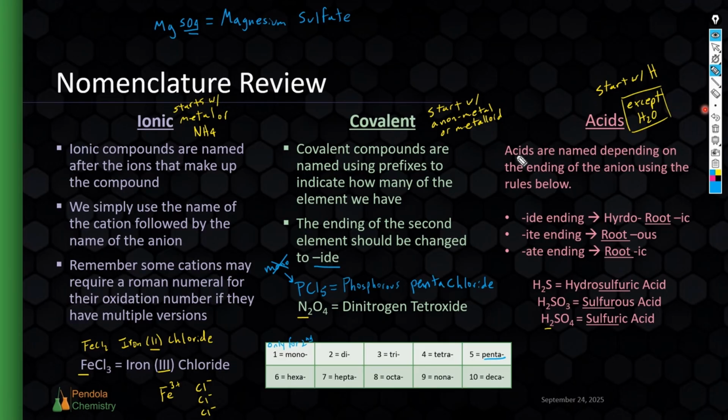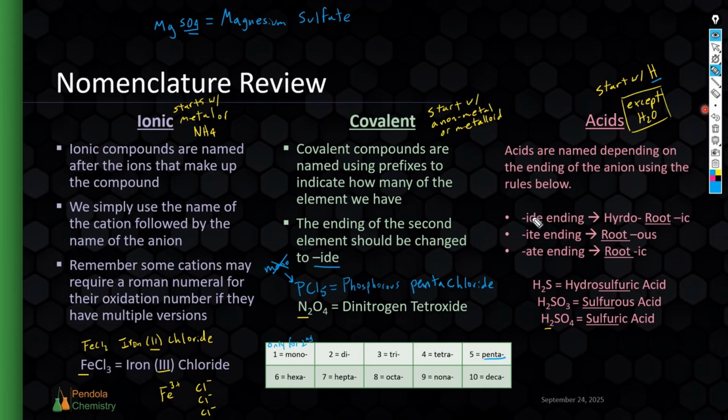Finally, for acids, the names of acids are going to require you to know the anion names, because the names for the acids are going to depend on the ending of the anion. And there are 3 rules that you learned last year. We're essentially going to name acids after the anion. Why? Because they all start with the same cation, hydrogen, right? Well, they're all going to start with hydrogen, so we need to name them based on the second one, the